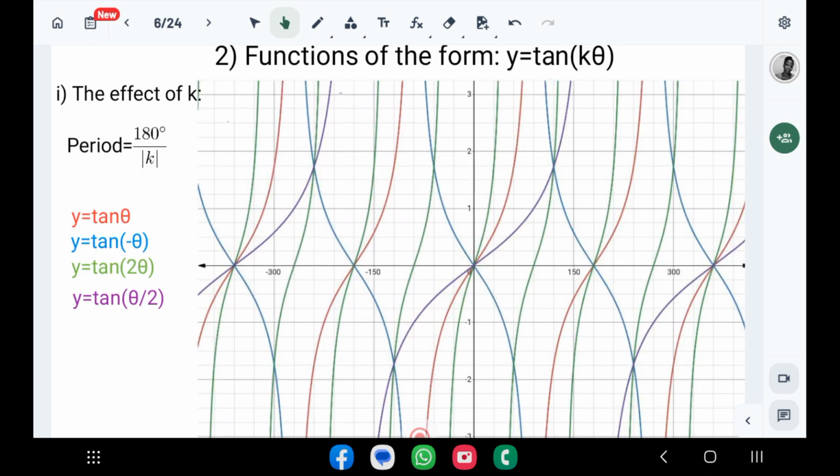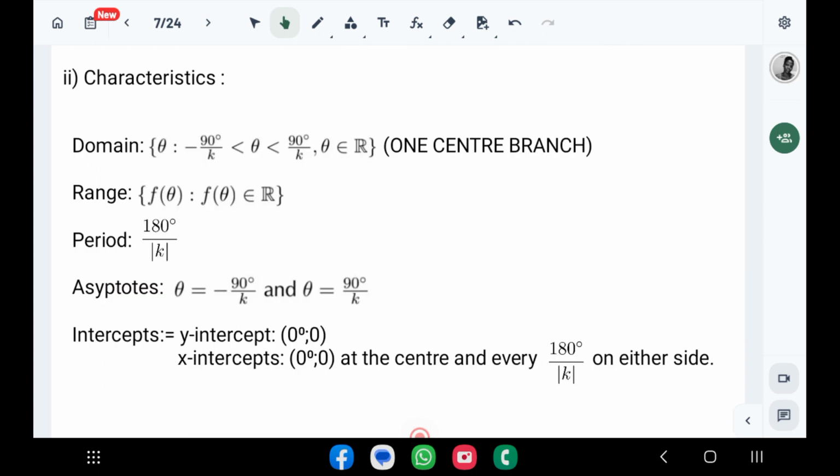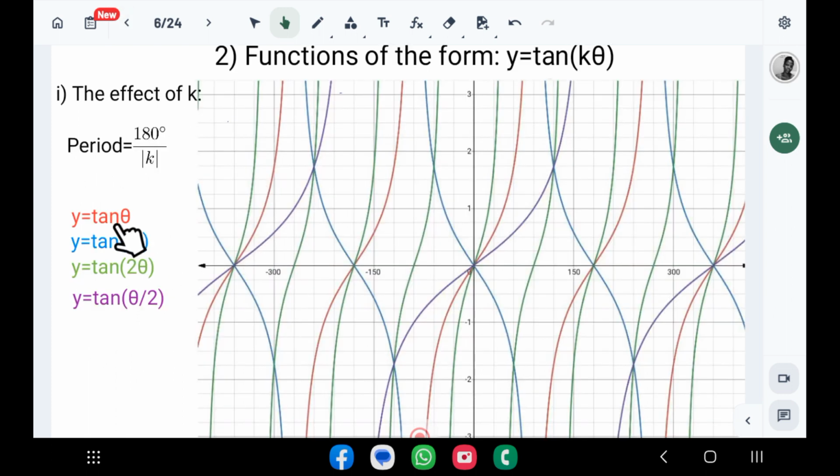Notice that with this one, we made our period go from minus 360 degrees to 360 degrees to accommodate the duplicity of the graph and the repeated pattern, so you can see it very clearly. So keep that in mind. Now the domain that we're going to look at is one center branch, for example, for the graph of y equals tan of theta, where your period is 180